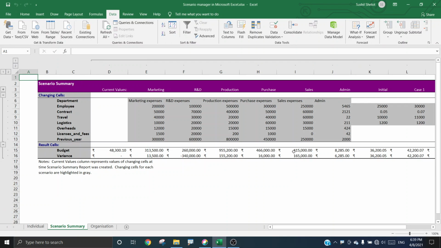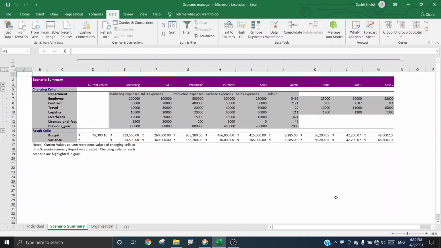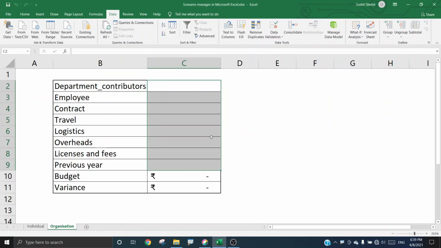So as you see, the initial case 1 and case 2 does not apply here. So you get some vague values here. Fine, but had it been useful or applicable that the scenarios from the individual work tab were applicable in the organization work tab, it would have been beneficial for the creator as well as the reviewer.